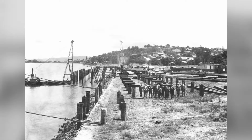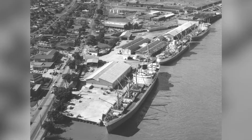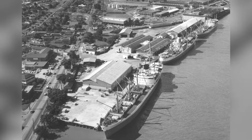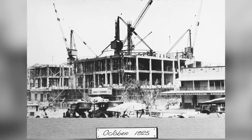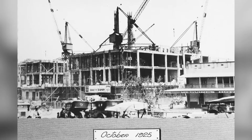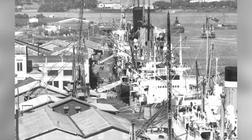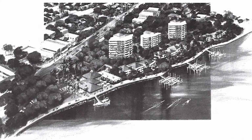In 1929, Brett's Wharf was built to expand the distribution process, and very soon after, Brett's became one of the nation's largest importers of Oregon pine from North America. In fact, the wharf supplied the large end section structural Oregon pine for the construction of Brisbane City Hall. The wharf remained a commercial enterprise right up into the late 1990s, when it was demolished and redeveloped into the